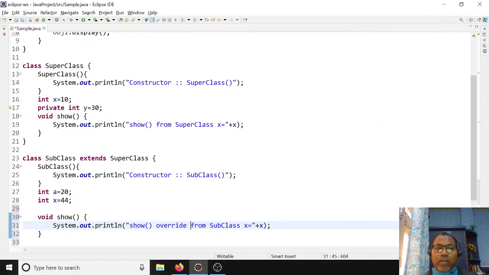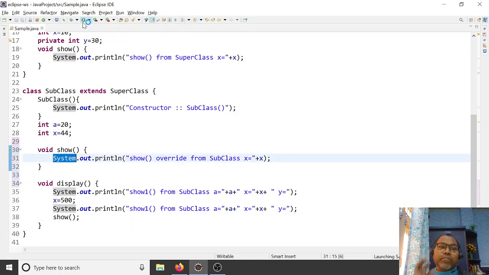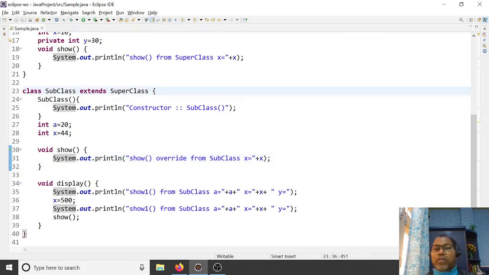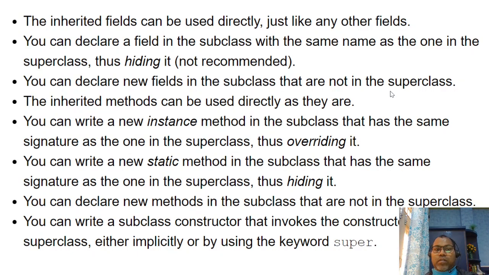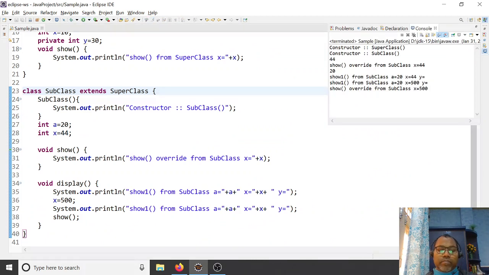This is a form of polymorphism. What happens if you are now invoking from here is that it uses its own function. They are using the overridden function. So here the show function is the overridden function.